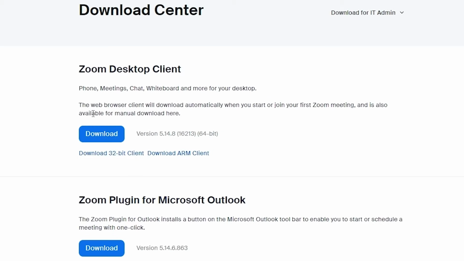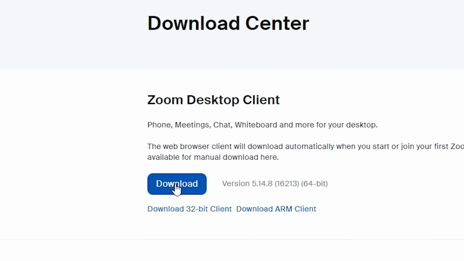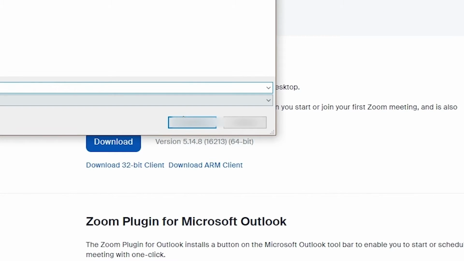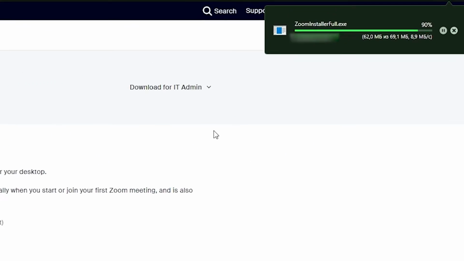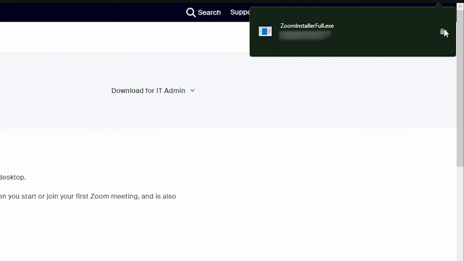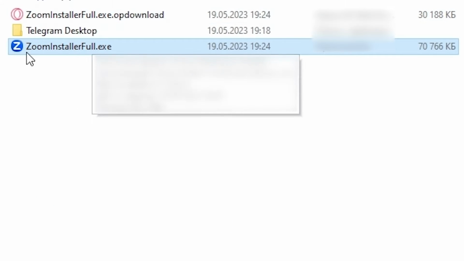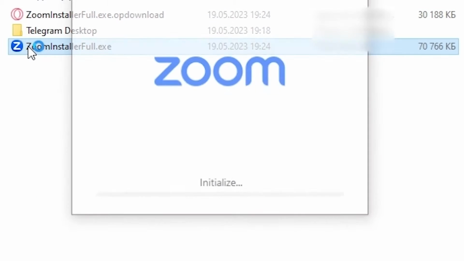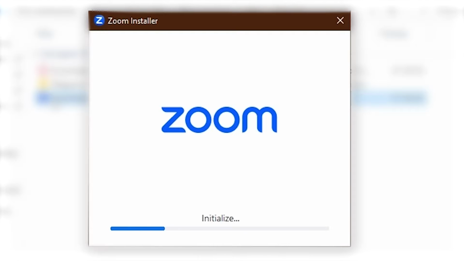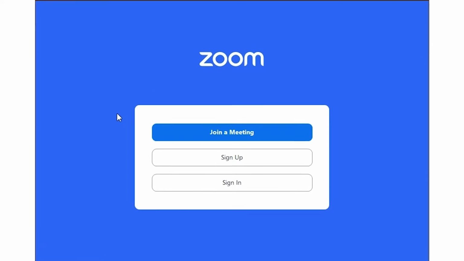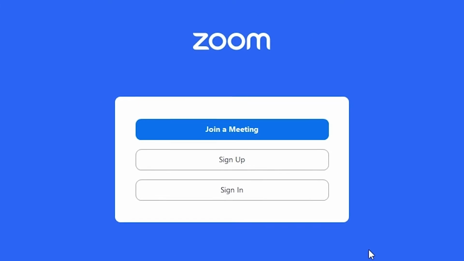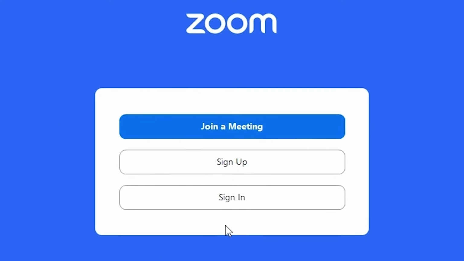If you're using Windows, find the Download for Windows section and click on the Download or Get button. Step 4. If you have a Mac, find the Download for Mac section and click on a similar button. Step 5. After the file is downloaded, open it and follow the instructions to install Zoom. Step 6. Launch the Zoom application on your device. Congratulations! Now you have the application installed and you can register and use it for your online meetings or join